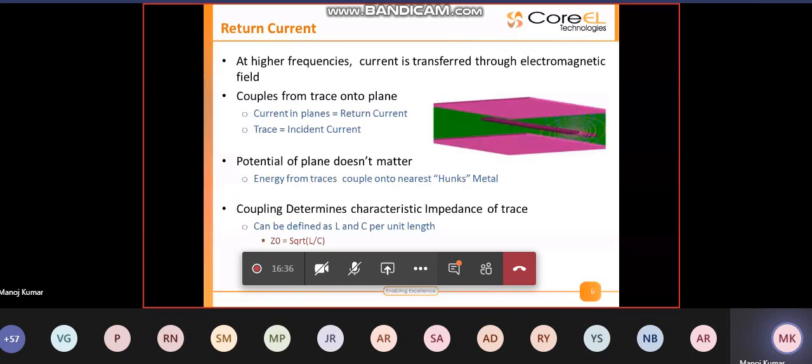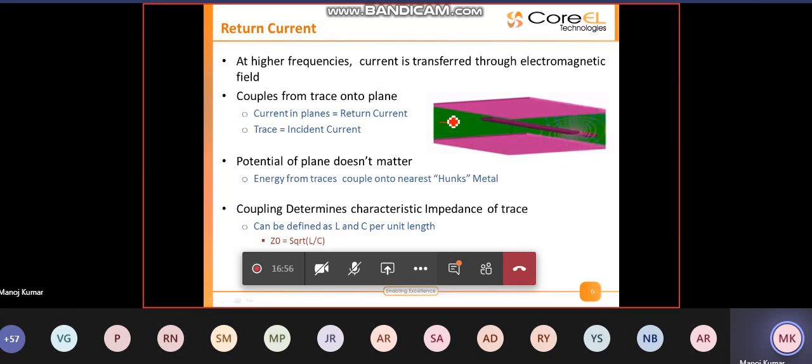At higher frequencies, current is transferred through electromagnetic fields. In any and all conditions, one would see an electromagnetic field between these two references.